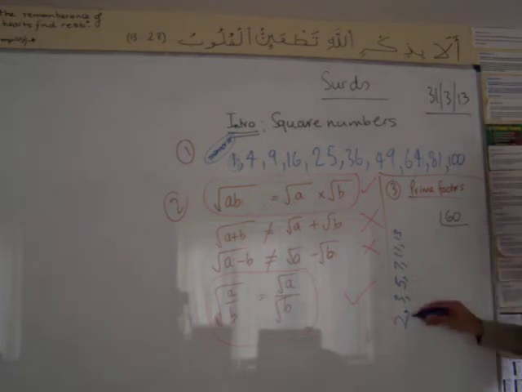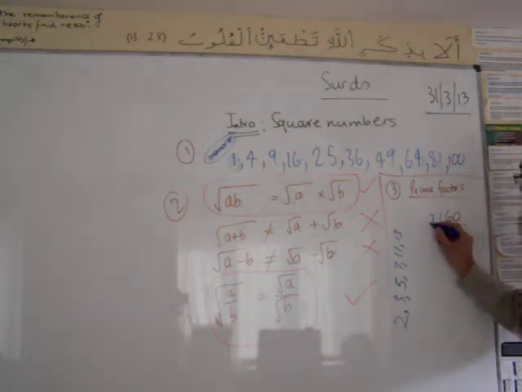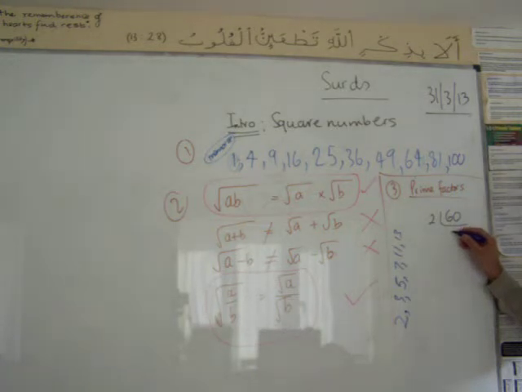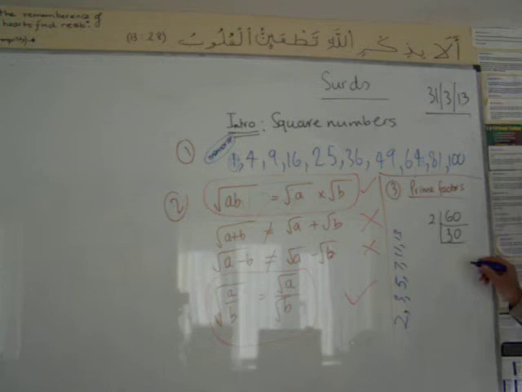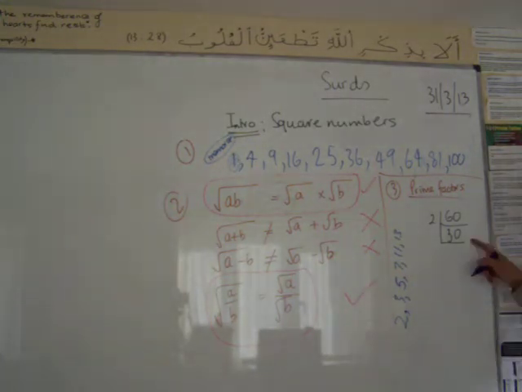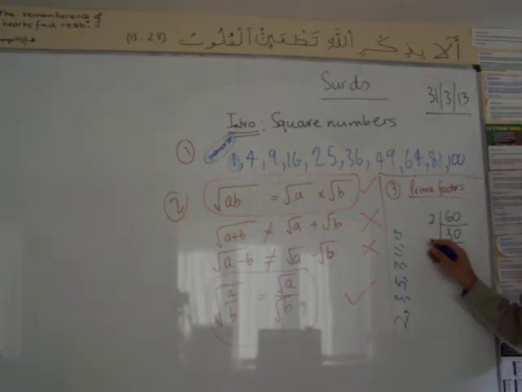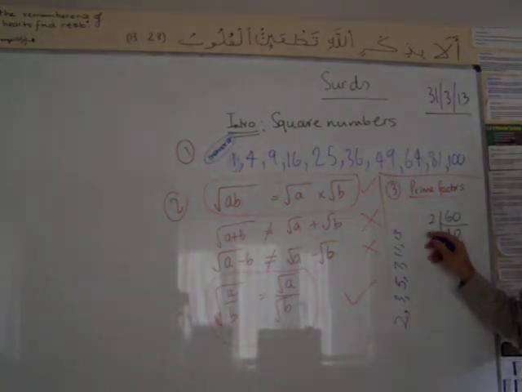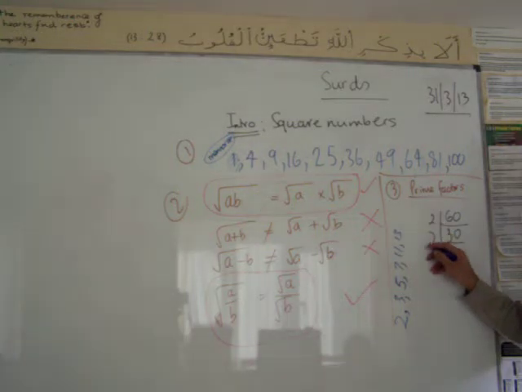So the 60 divided by this prime number, and the answer is yes. 60 will divide by 2. So we do 60 divided by 2. Now 60 divided by 2 will give us 30. Okay? And then we have 30, we have to divide that by a number. What should we divide? Can we divide that by 2 as well? Okay, 2. And 30 divided by 2 will give us